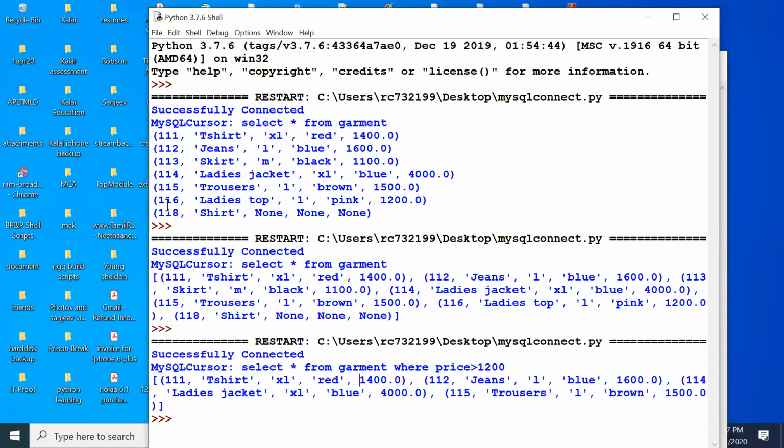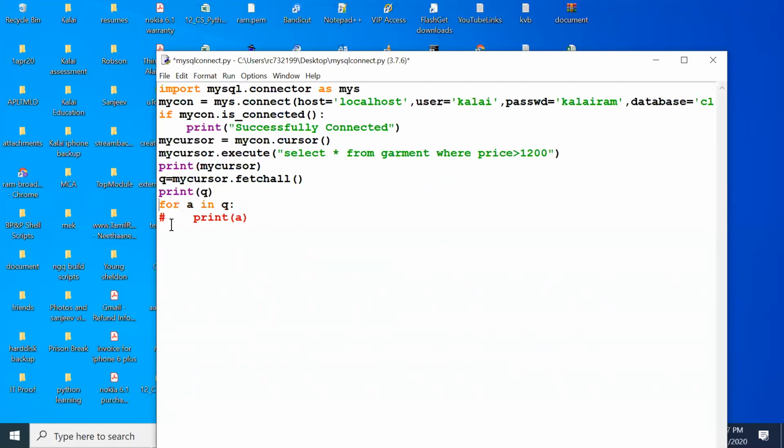I'm using this for loop because when it executes the query, it stores all the information as a list of tuples, and it will not be in proper order. To have it displayed in proper order, I'm using a for loop so that every single record is printed in each line.